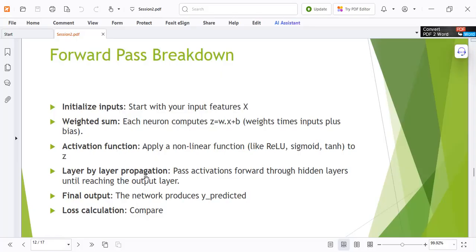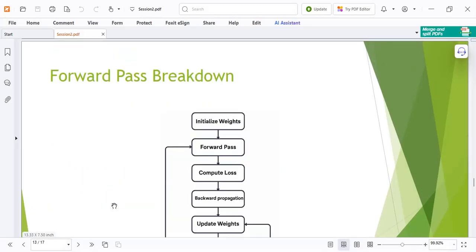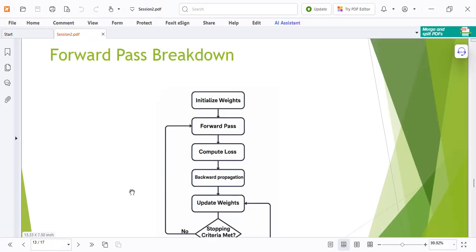Then we do layer by layer propagation, and then we have the final output, and at the end we calculate the loss. Loss is nothing but a comparison of our actual data with what our model guessed.